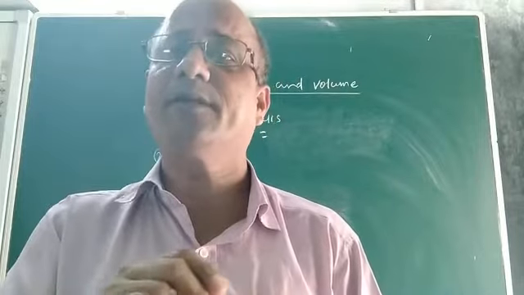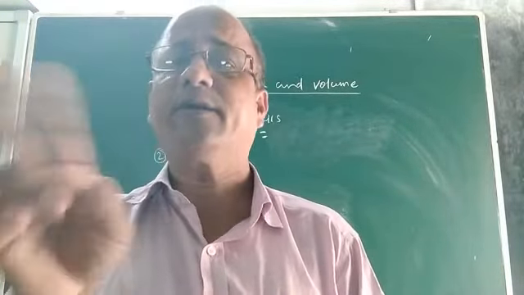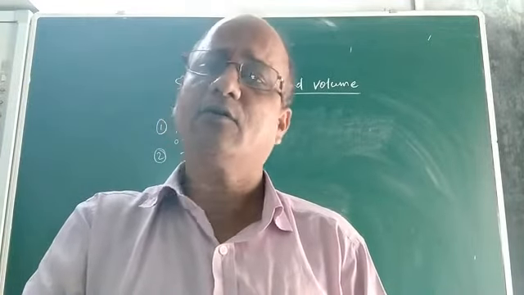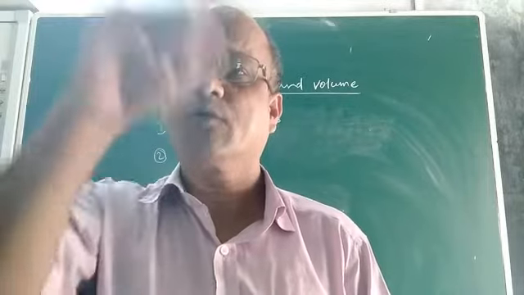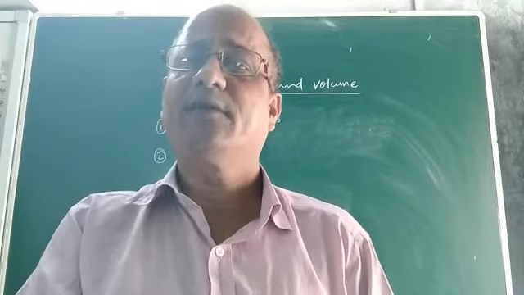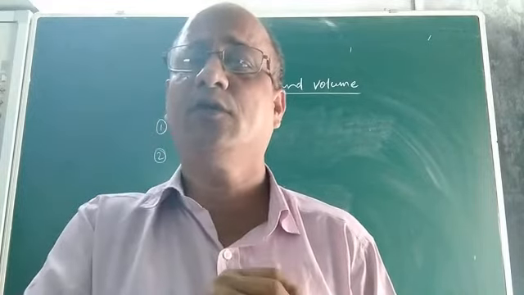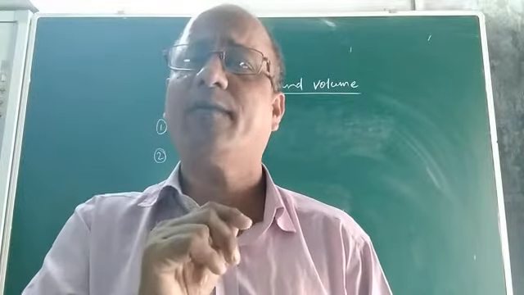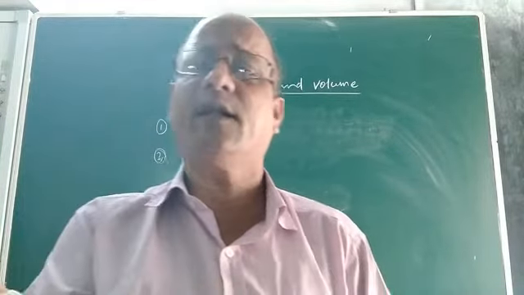So what is meant by combination? That means when one solid is combined over another, when two solids are combined. Suppose a hemispherical vessel is surmounted by a cone. What will be its area and volume? How to find it out? That is what is known as a combination of two solids. So when two solids are combined, how to find their area and volume we shall discuss in another class.